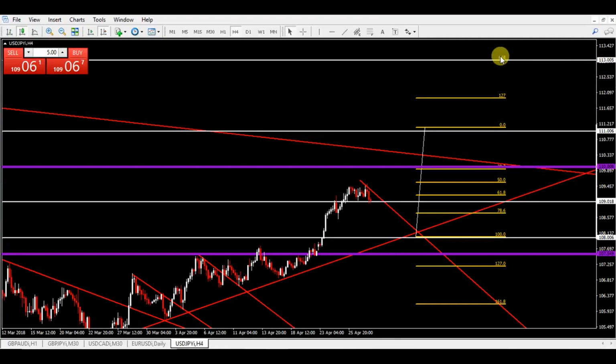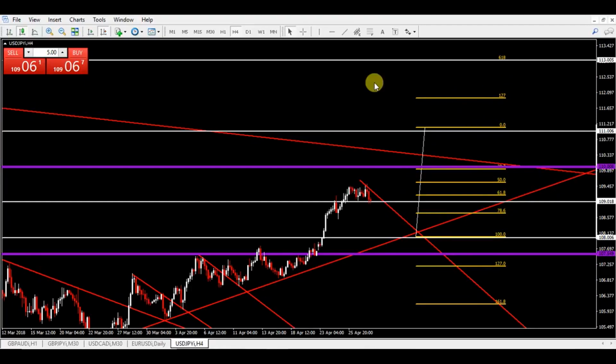113.000 whole number. Right on the dot. You have a ton of reason to believe the market could potentially turn around at that point, because you have the strong, quote unquote psychological number of 113.00. You have the 61.8 extension. We're already expecting the market to turn around because of that alone, but in confluence with that, so A, B,